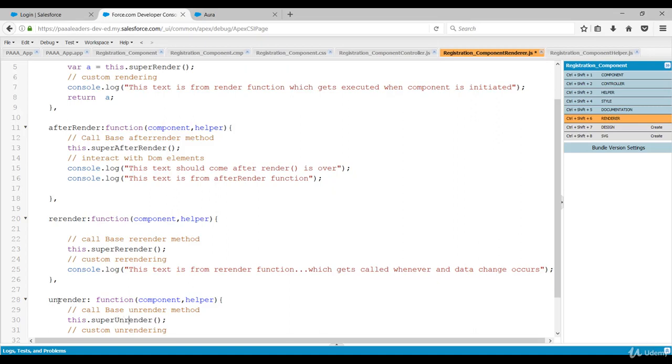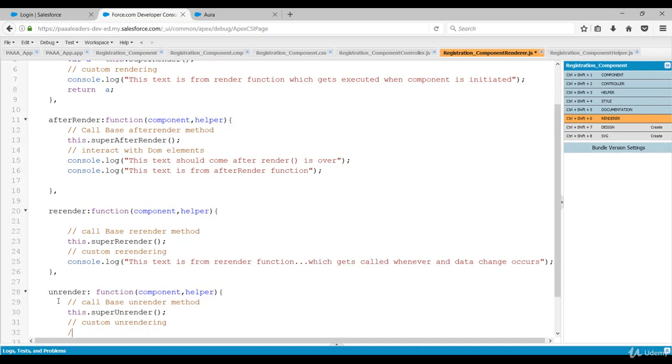Okay, and then you can do your custom rendering. So let me just add one text, console.log: this text appears when the registration component is destroyed. Okay,